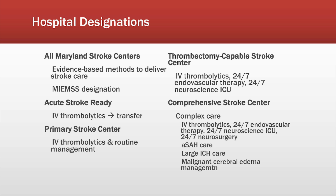population. And within the state of Maryland, we all carry a MIEMSS, or Maryland Institute for Emergency Medical Services Systems, designation. These hospital stroke centers range from acute stroke ready all the way up through comprehensive, and the level of stroke center that a hospital is designated as is really going to depend on what types of services they can offer their stroke patients and how many hours of day, days of the week, weeks of the year that service